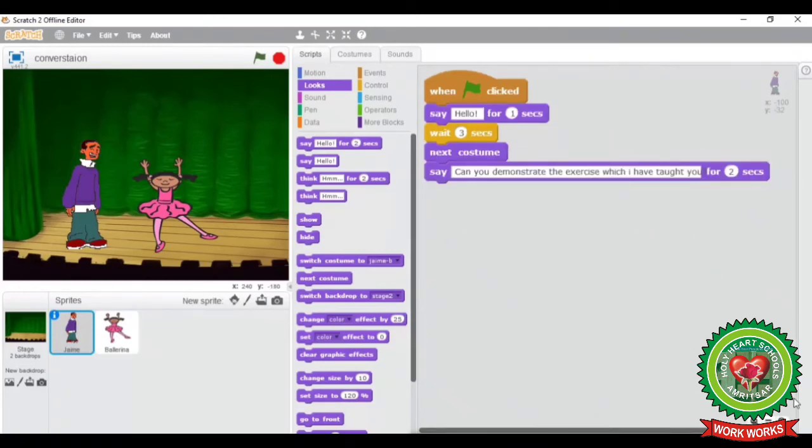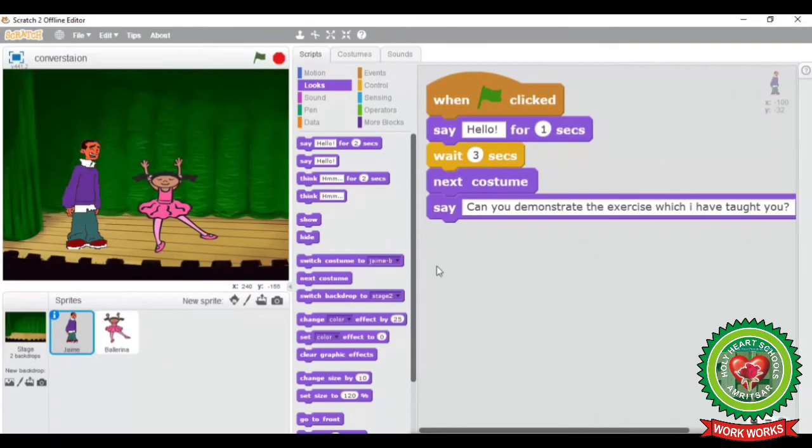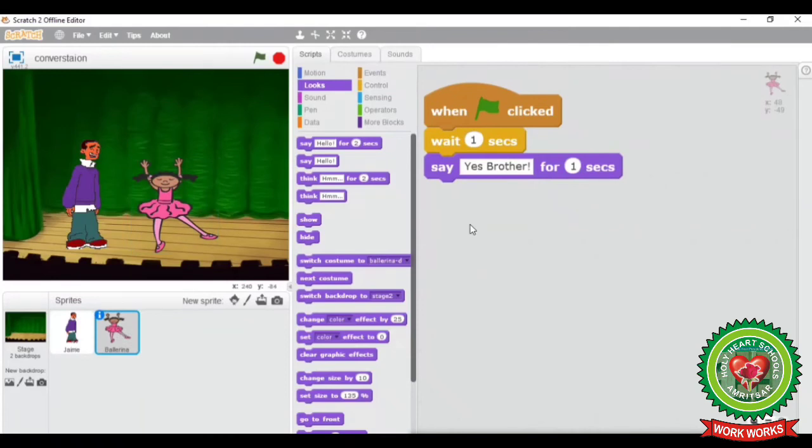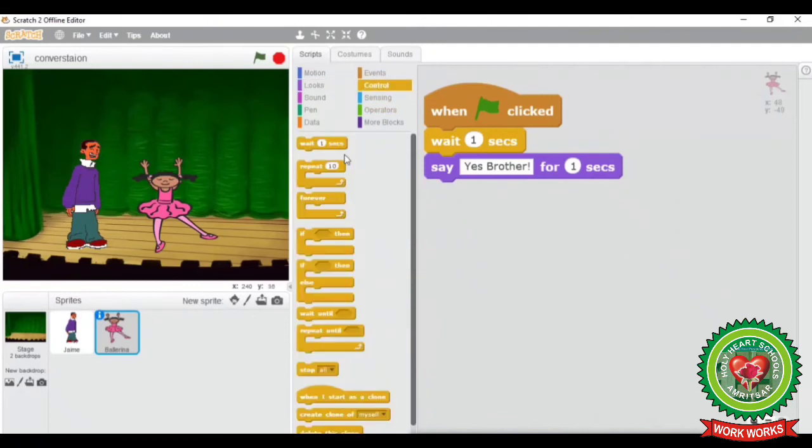For 2 seconds. Now I will click on another sprite where after say block I will give wait here for 6 seconds using control block.